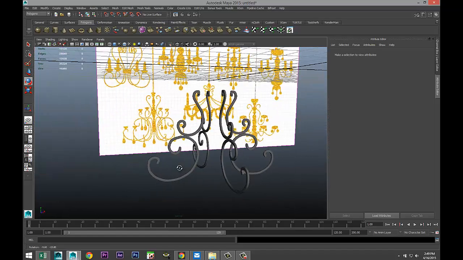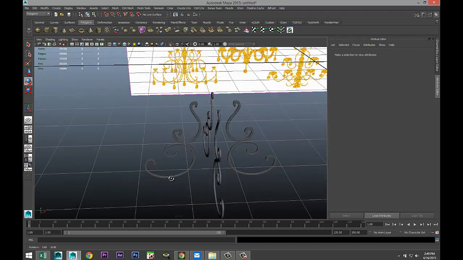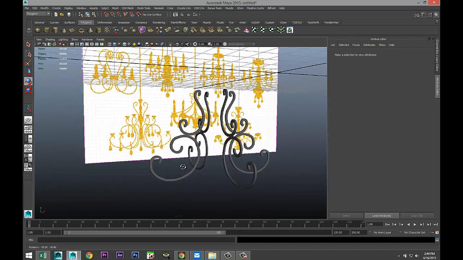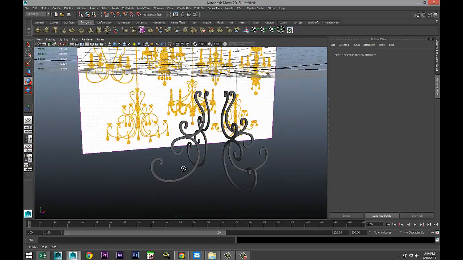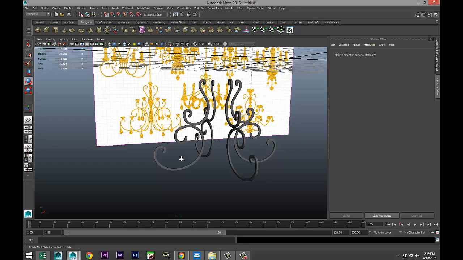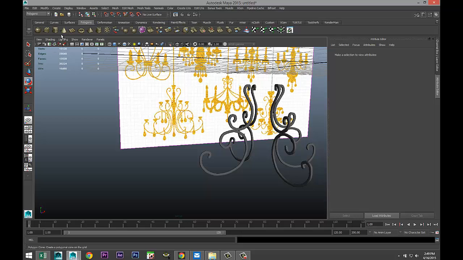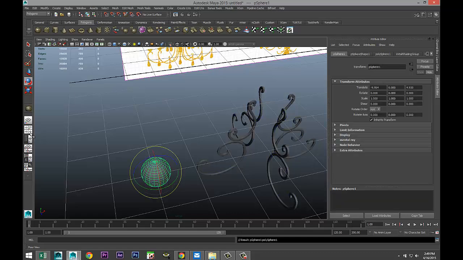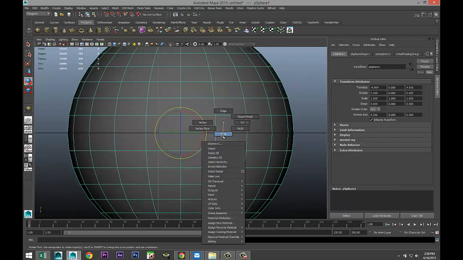Okay, so this is our initial shape that we're going to start with, right? Now, that means that our center axle, if you will, will be fairly large, but that's okay, because we can add some elements to kind of finesse that, if you will, all right? But first, we are going to deal with our candle holders, okay? For that, I'm going to take a polygon sphere, and I'm going to approach it from the side here. I'm going to right click on the face,